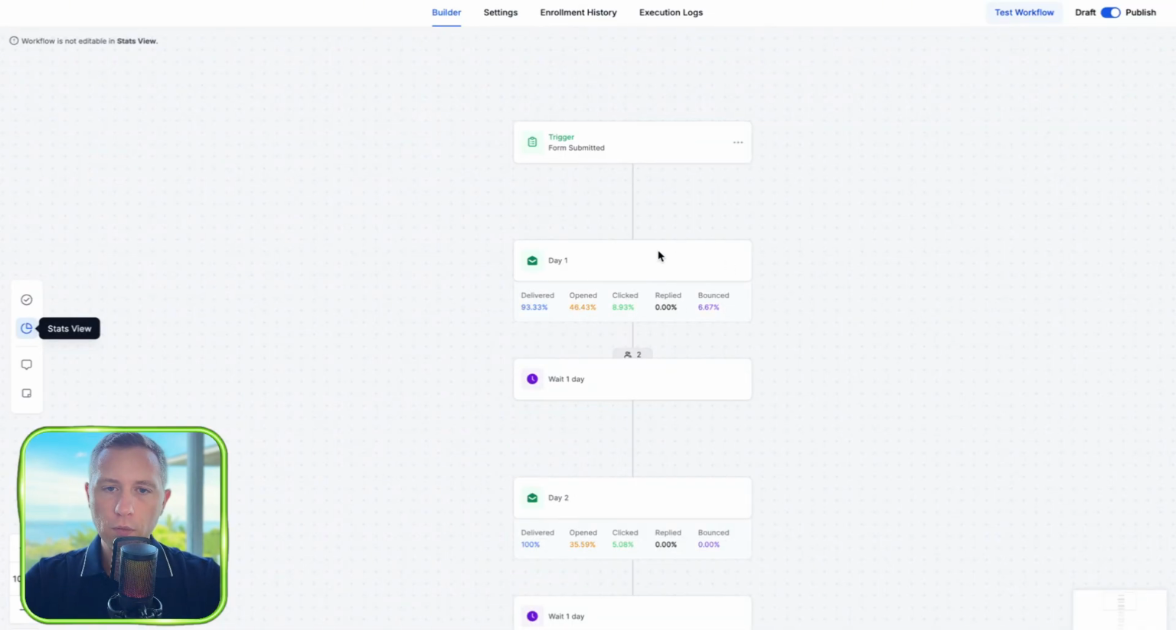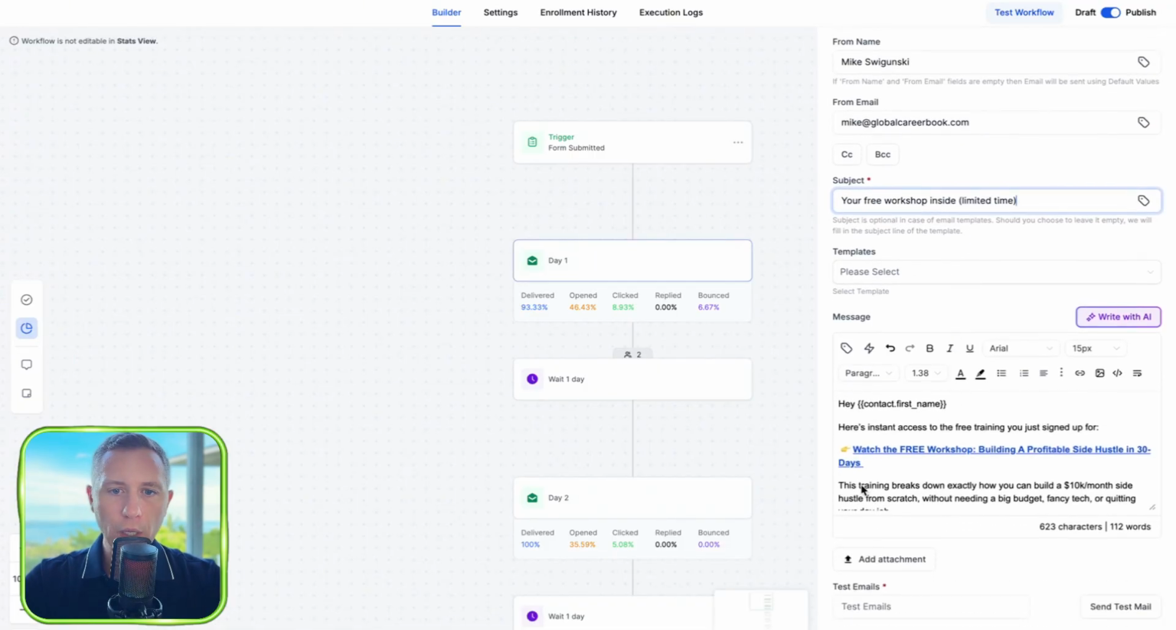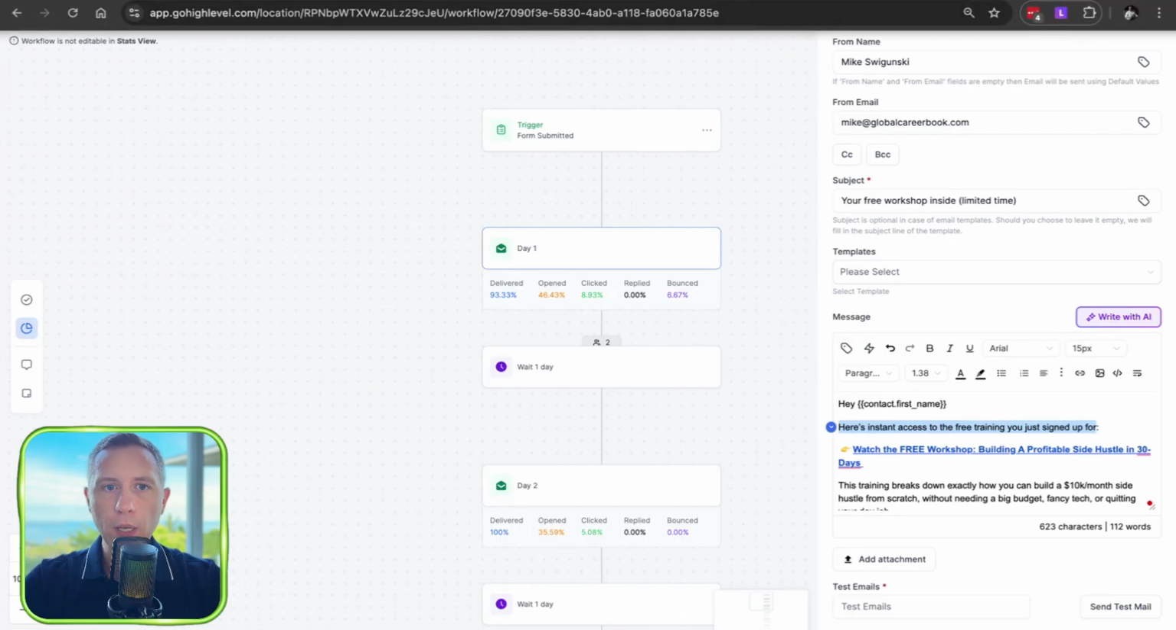So for this one, I'm going to open the email. Your free workshop inside, limited time, adds a little urgency. And so what I think would likely improve this is, here's instant access to the free training you just signed up for. So this is quite vague. I don't really like this first line. So what I would do is go back to my landing page,